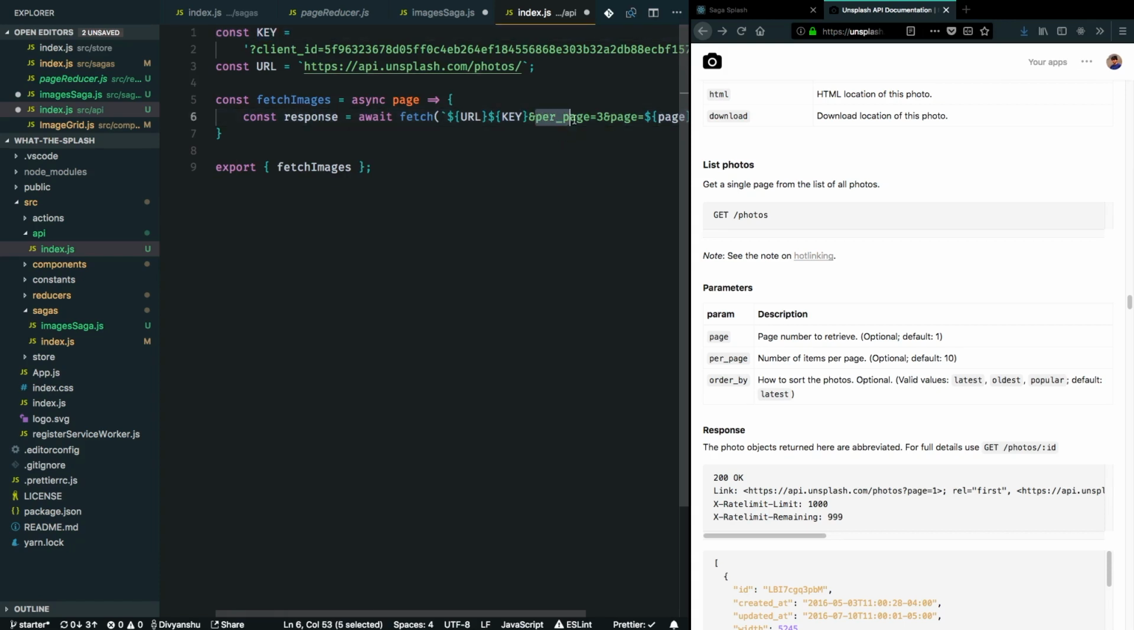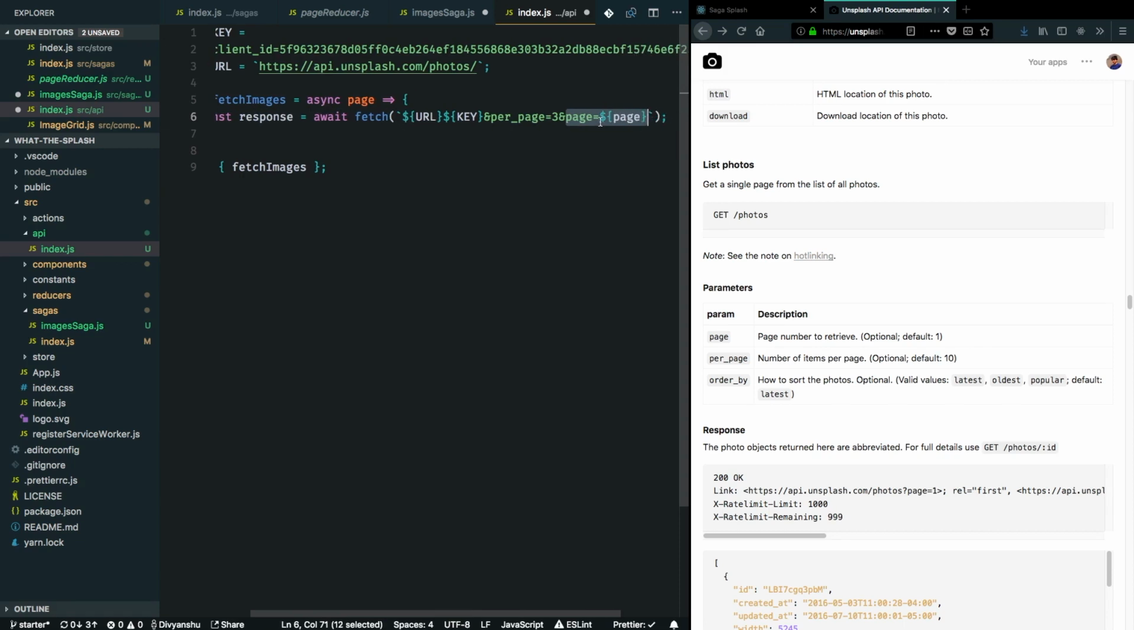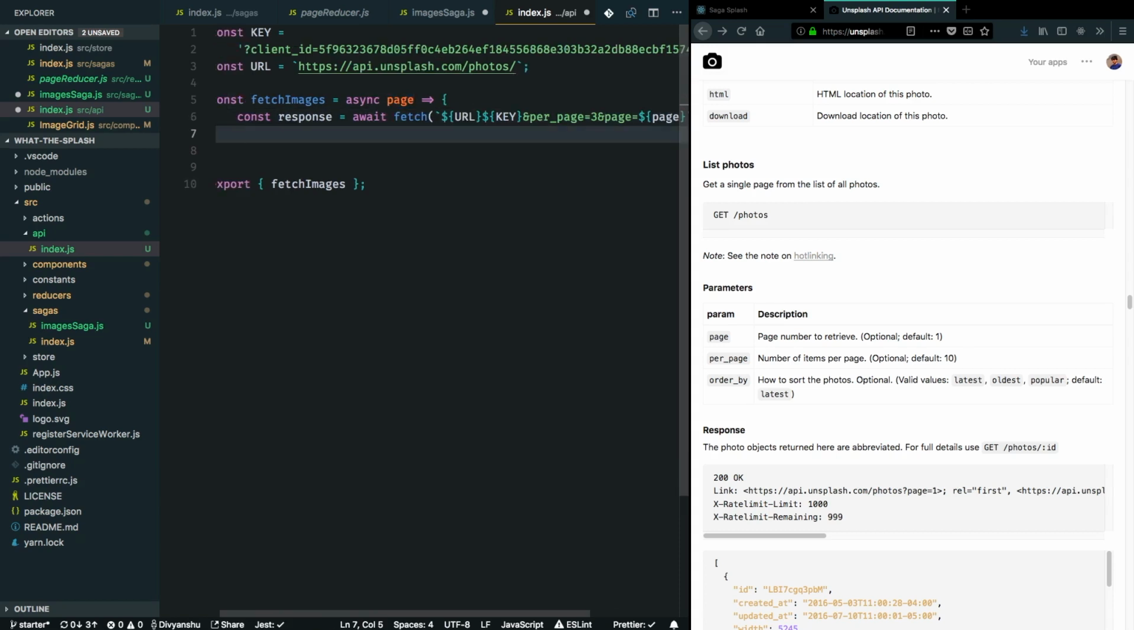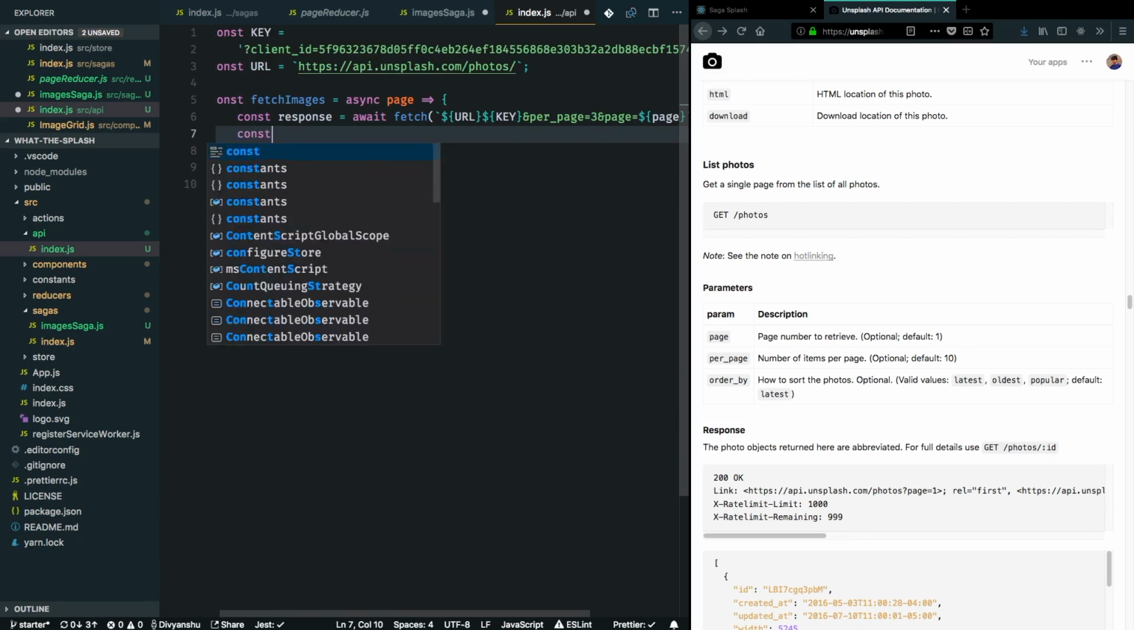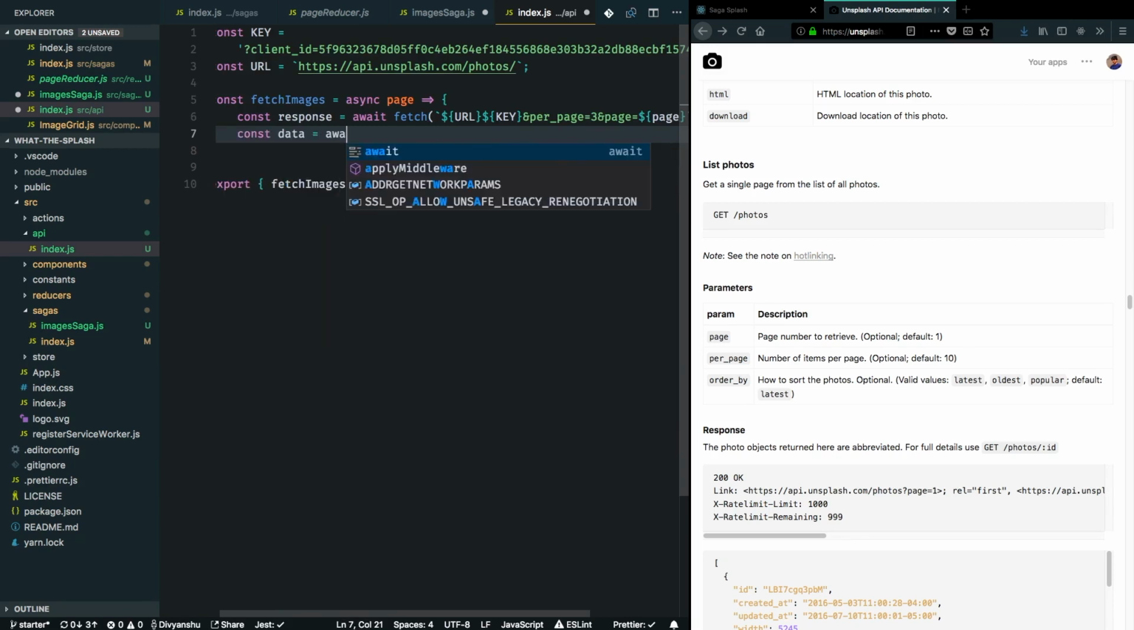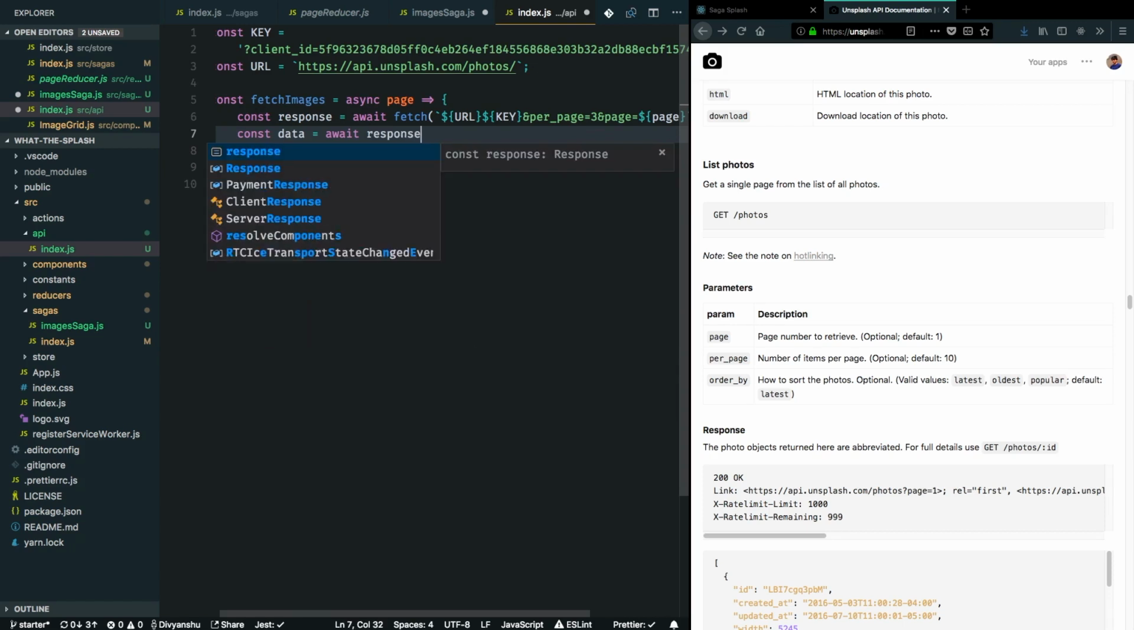and just adding in this param for per page. So we want to actually limit the number of images loaded per page, so that we can see them easily. And I'm just appending the page param here, so that it just loads the images for that set of page. Cool. So this will give us back a promise, and we can get the data back by awaiting